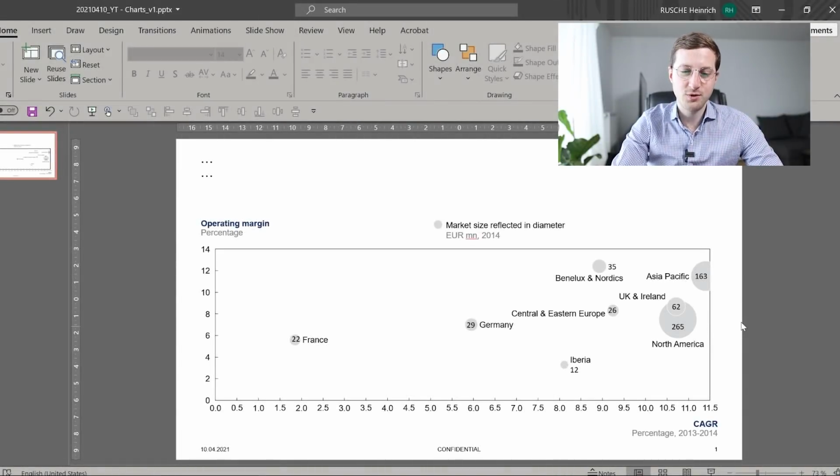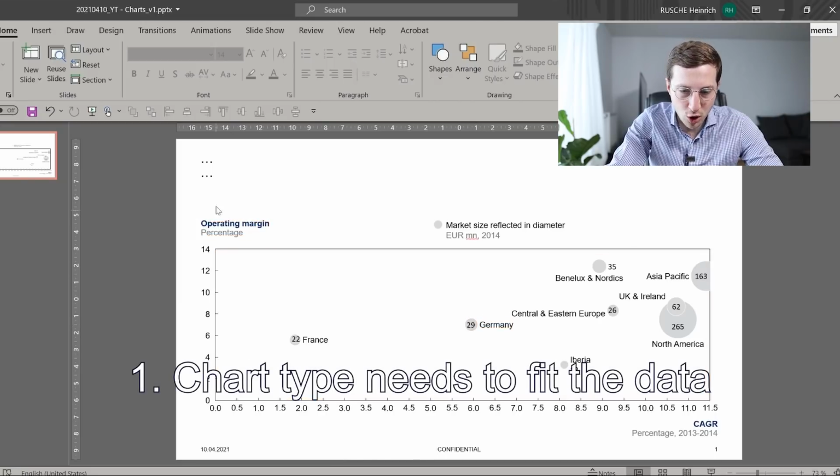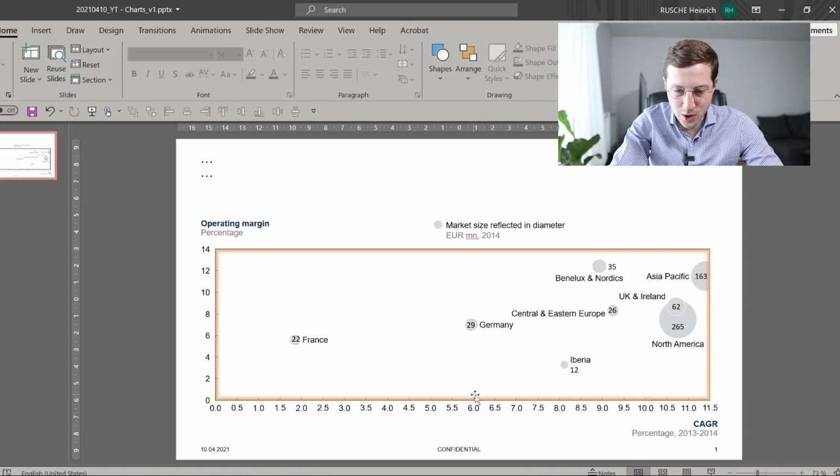For the purpose of this video, I selected a bit more of a complex chart. And what you can see here is different countries. You can see them as, for instance, business units of a company. Each of these countries has 3 data points that are depicted in this chart. And at the example of Germany, you see that this geography for this specific company has a certain operating margin, here something slightly below 8. It has a CAGR, a compounded annual growth rate of the business of around 6%.